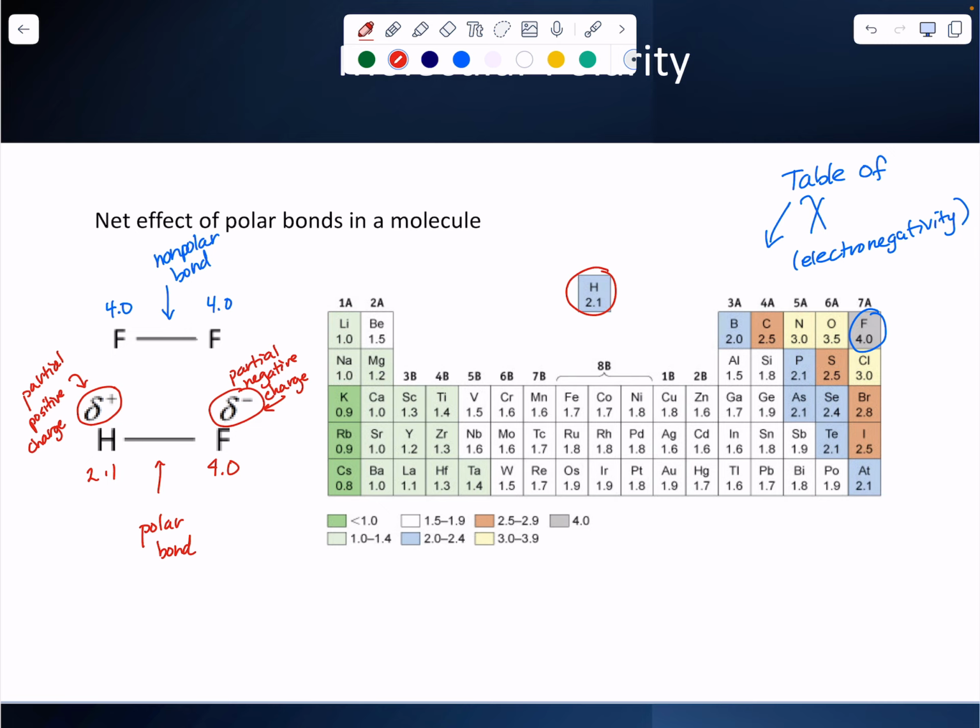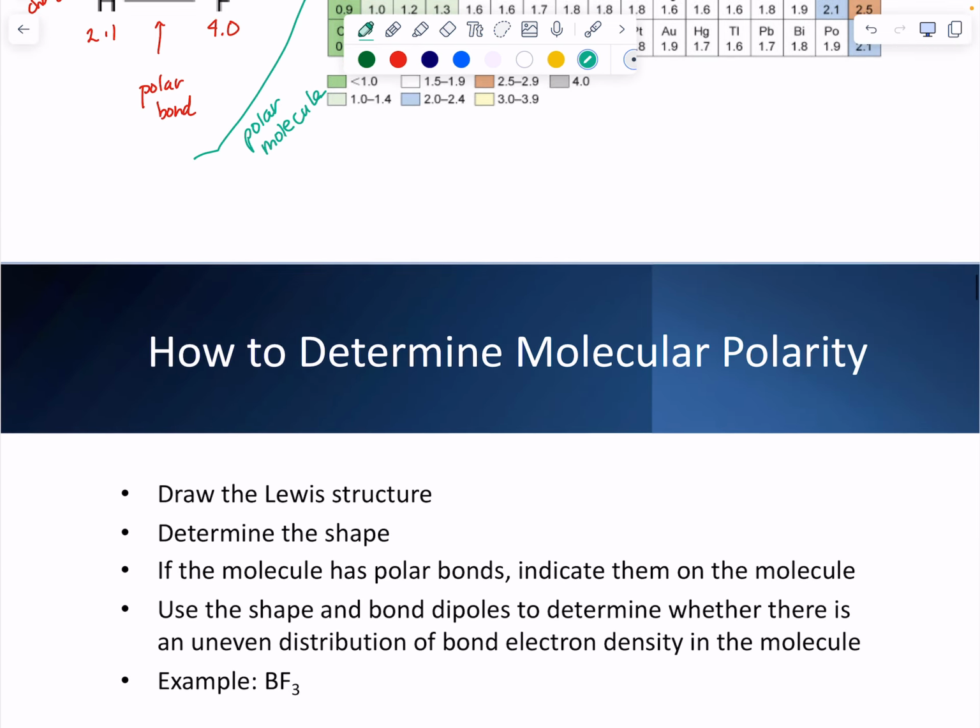All right, so we've got these two molecules. One has a single nonpolar bond. The other has a single polar bond. So in terms of the molecules themselves, we could say that this molecule is nonpolar. And this is a polar molecule. But it's not always that simple. Sometimes we have more atoms and we have to actually look at what the geometry of